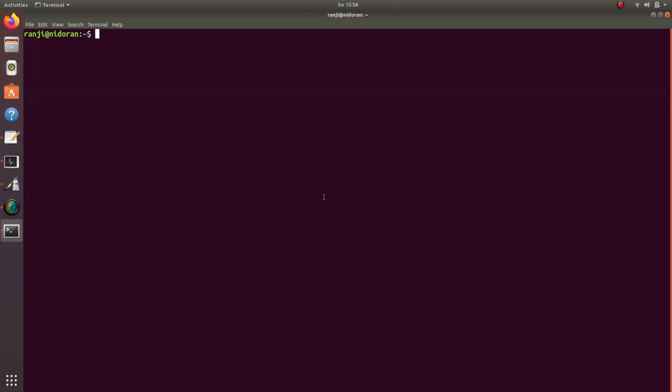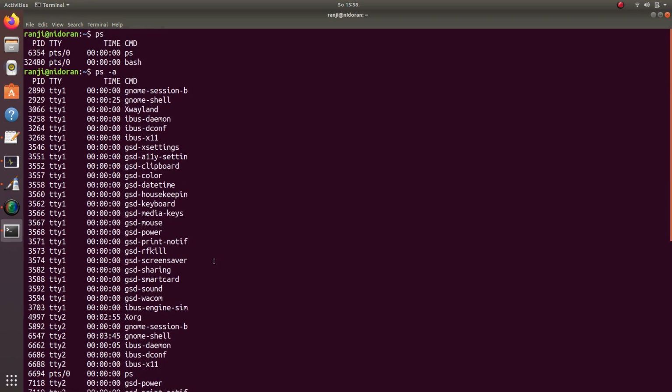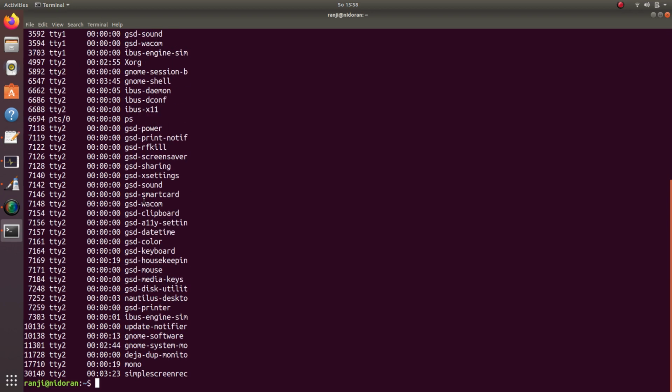If you jump onto this terminal, this is the command line from where we are going to execute our Python program. If I write just ps, you can see the processes that are there. This gives you in total how many processes there are, and if you want to see each of the processes, each process ID, they are sorted according to their priority. So you get a list of all the processes, including the system interrupts.